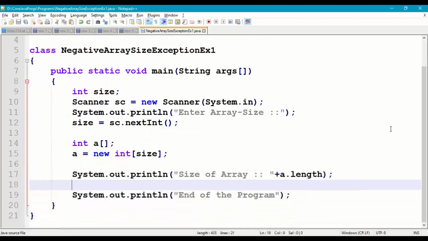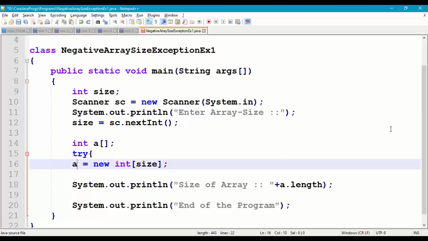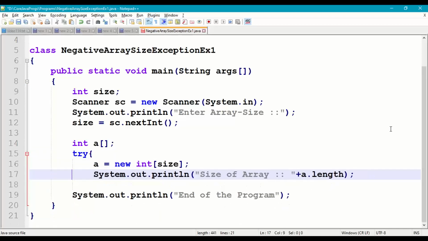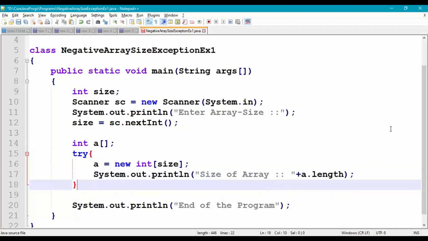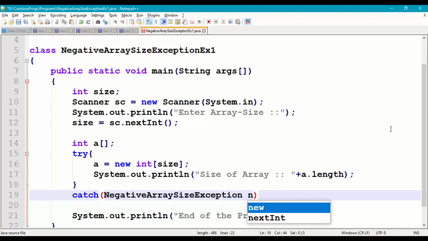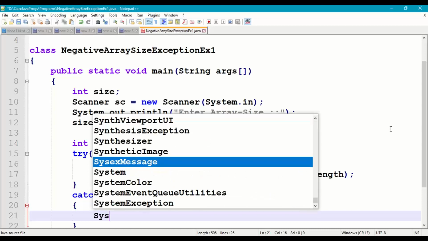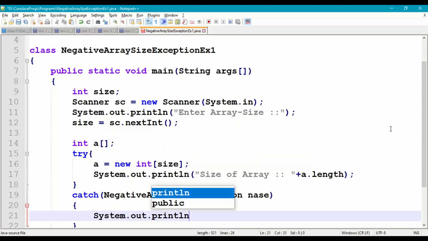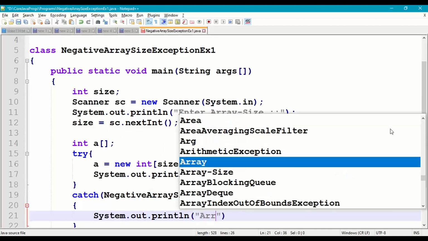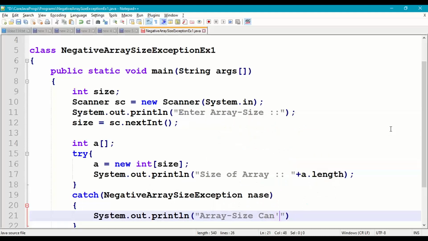In line 15 we'll put try, followed by catch, and here we'll give NegativeArraySizeException, NASE object reference variable, and then we'll give the message as System.out.println, array size cannot be negative.